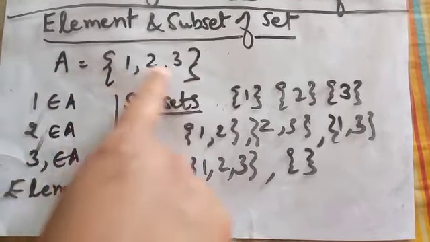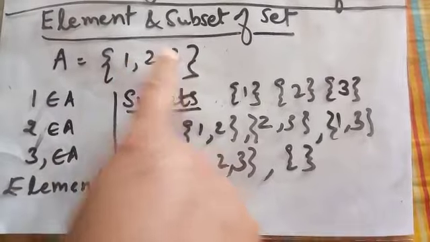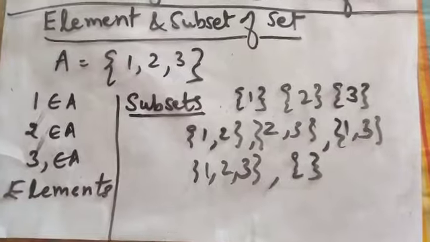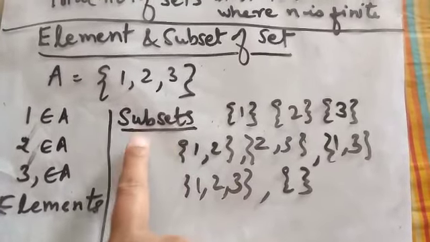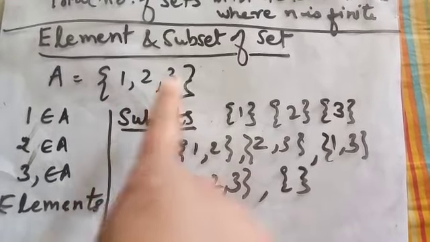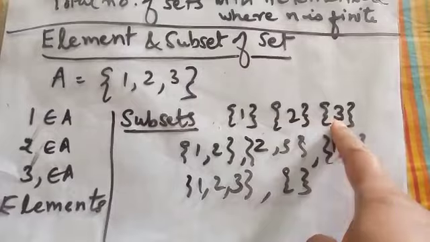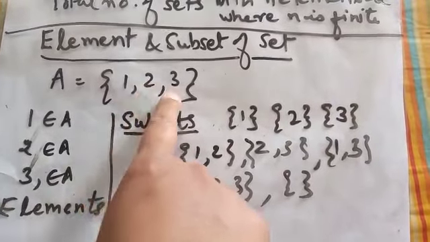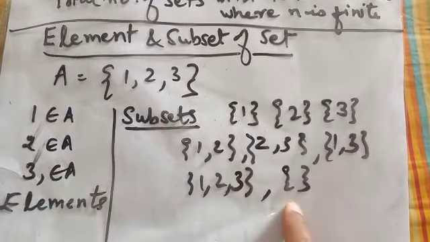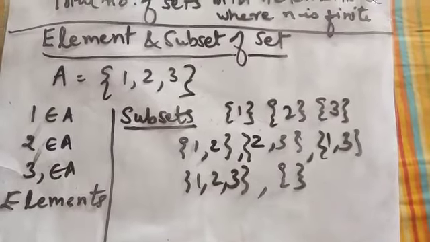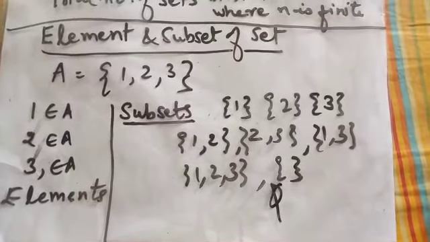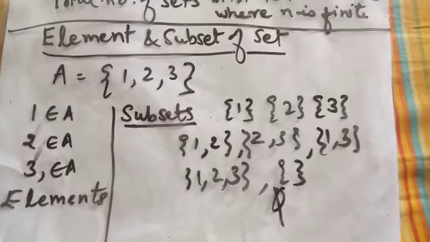Now whatever is there inside the curly bracket is said to be element. So as it is when I am writing it, then they are called the elements. Now let us see the subsets. Subsets are whatever combination is possible with these elements. Only 1, only 2, only 3, 1 2, 2 3, 3 1 or 1 3, then combination of all three together, and then empty set or null set, which can be represented by either this symbol or it can be phi, because phi is also a representation of null set.